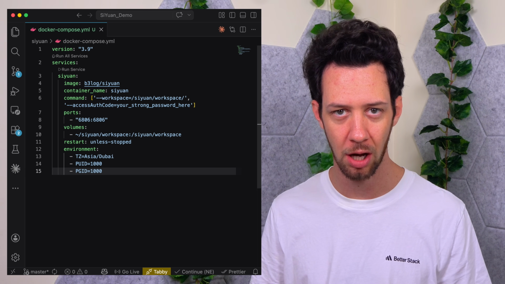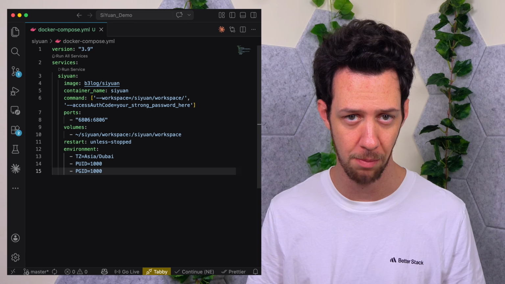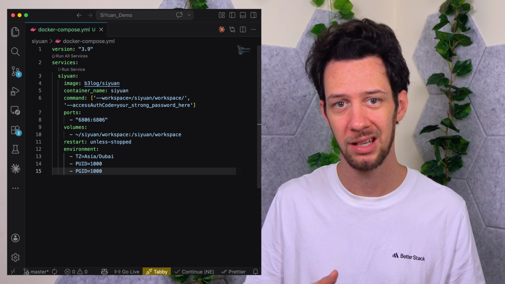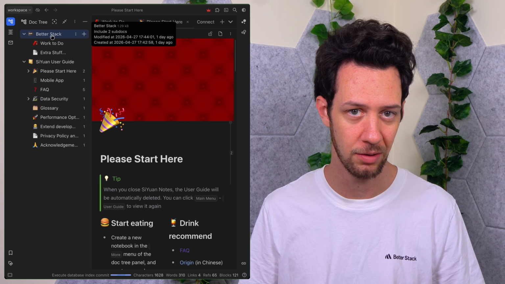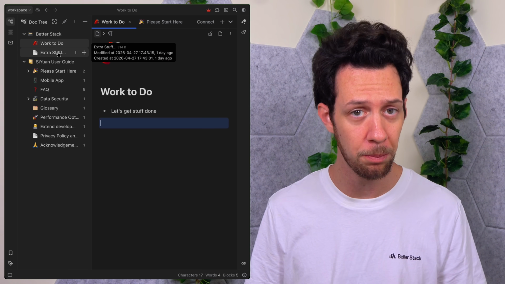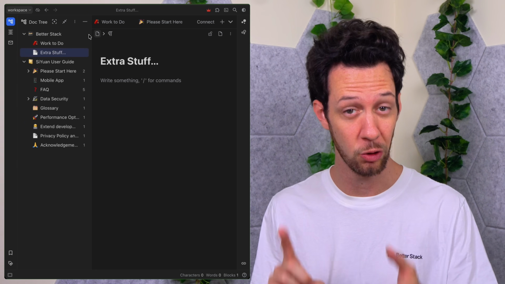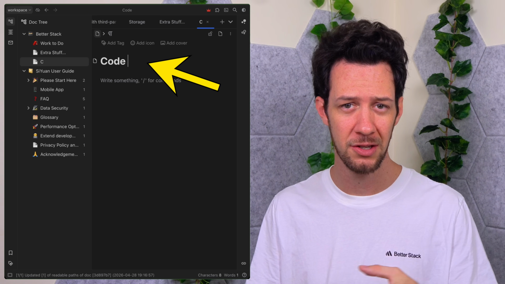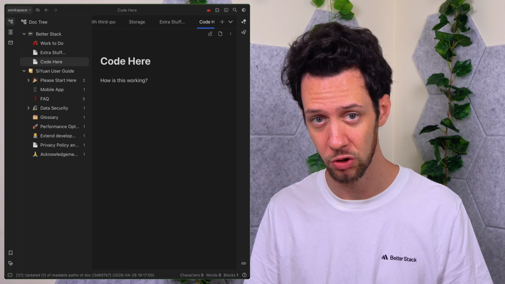Now, basically, I just pulled the repo, added this Docker Compose file, and then launched with Docker Compose. It was all up and running in like a minute, so nothing hectic here. Now, with a new notebook, I'm all ready to go. I can create a note, add a title. This basically functions exactly like Notion.